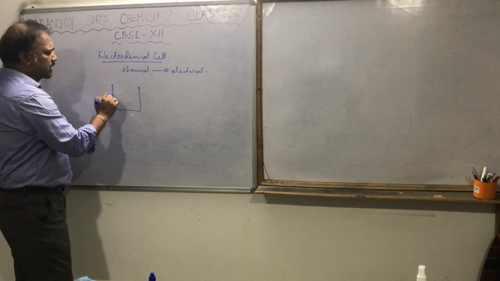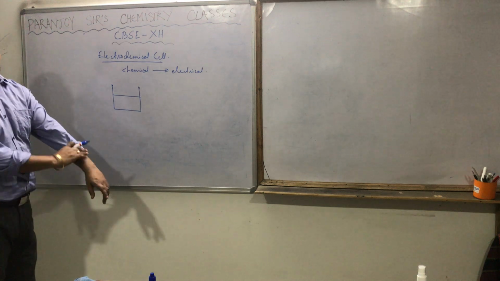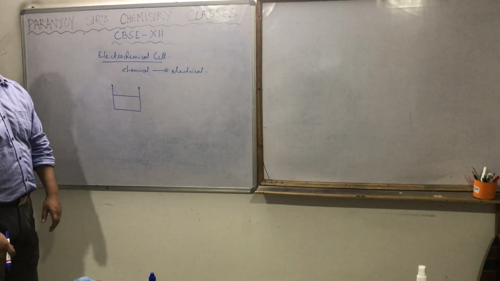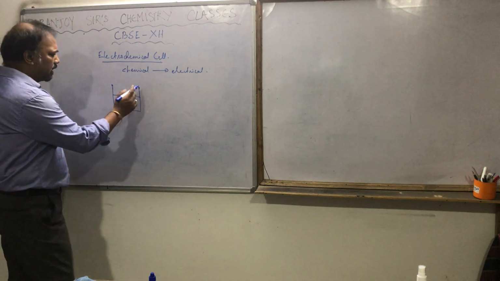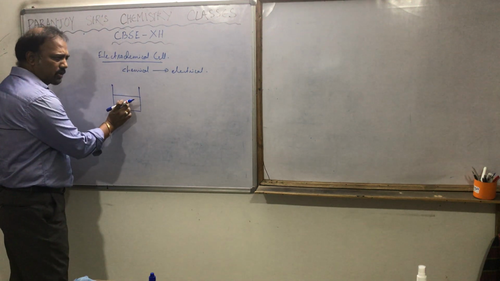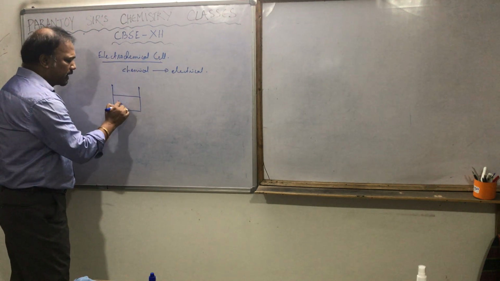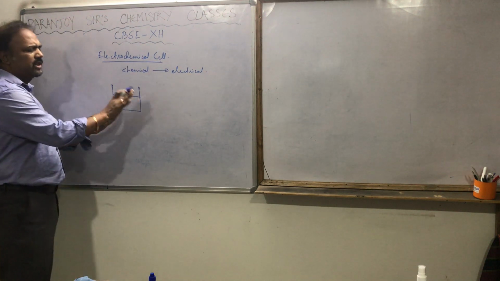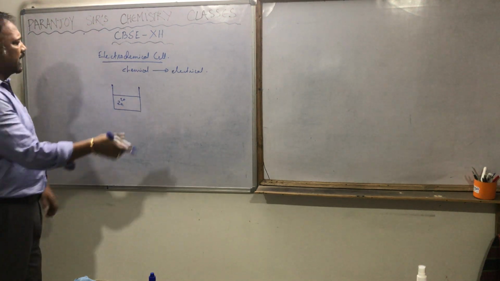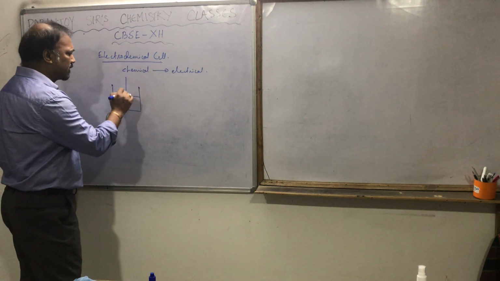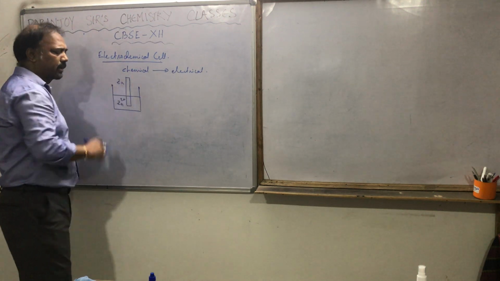We have taken a container containing some zinc solution. Zinc solution means some electrolyte of zinc, suppose zinc chloride or zinc nitrate, whatever it is. Whenever we make a solution of zinc chloride or zinc sulfate, it gets dissociated, and the Zn2+ ion is there. Whatever the negative ion is, we are not concerned with it at this moment. In this, we dipped a zinc strip.